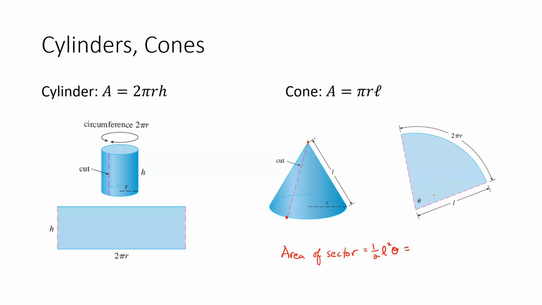Now to get theta in terms of r, we're going to use how this angle, the central angle theta, relates to the arc of the circle here. So the arc of the circle will equal the radius of the circle times the central angle. In this case, the radius is L and the central angle is theta. So it should equal L theta. And so therefore theta can be written as 2 pi r over L. So replacing theta here with that,